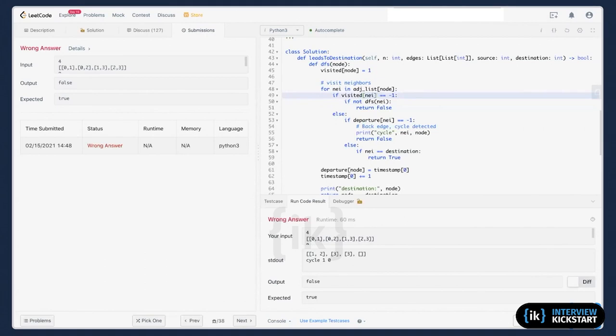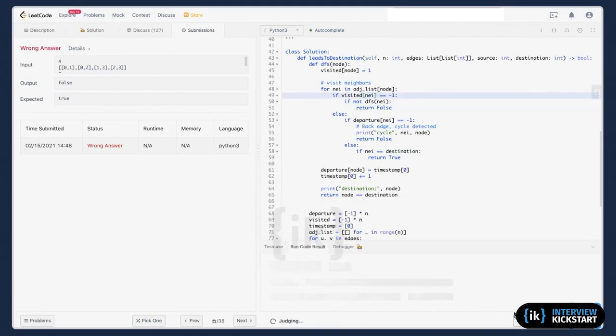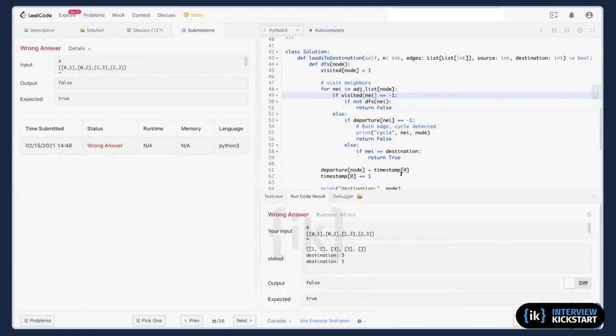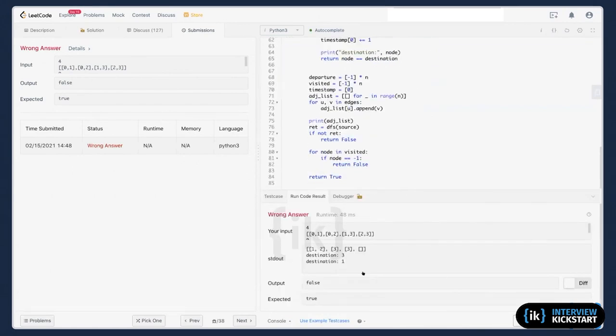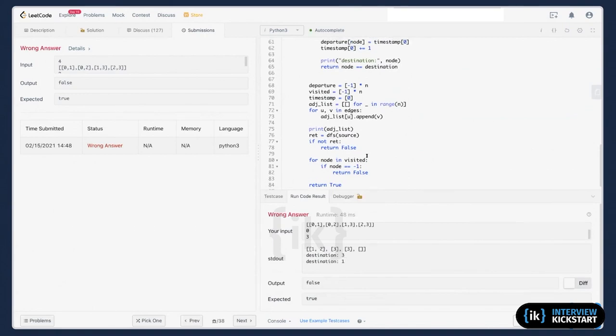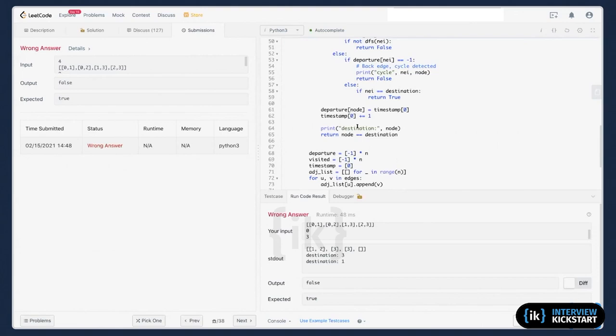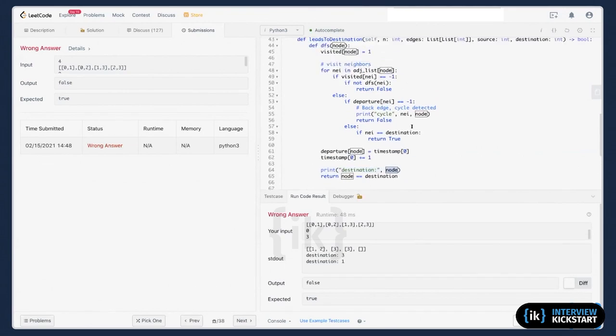Still it is wrong. Yeah, here. Now, here's the problem. Yeah, here's the problem.